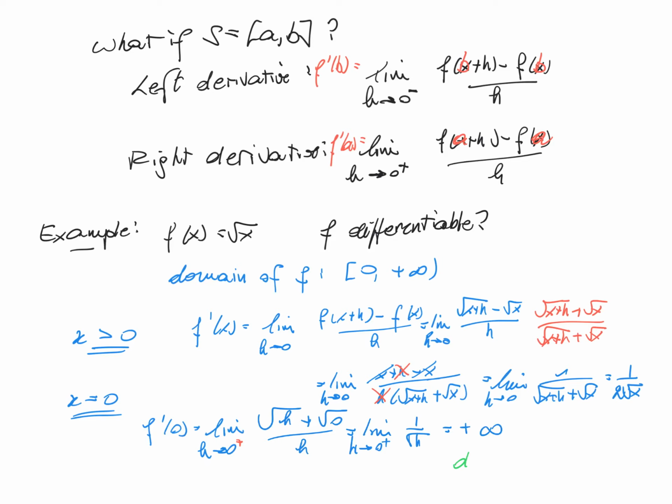So the domain of f prime is again the interval 0 to plus infinity, but this time 0 is not included. The derivative does not exist in 0. Hence,